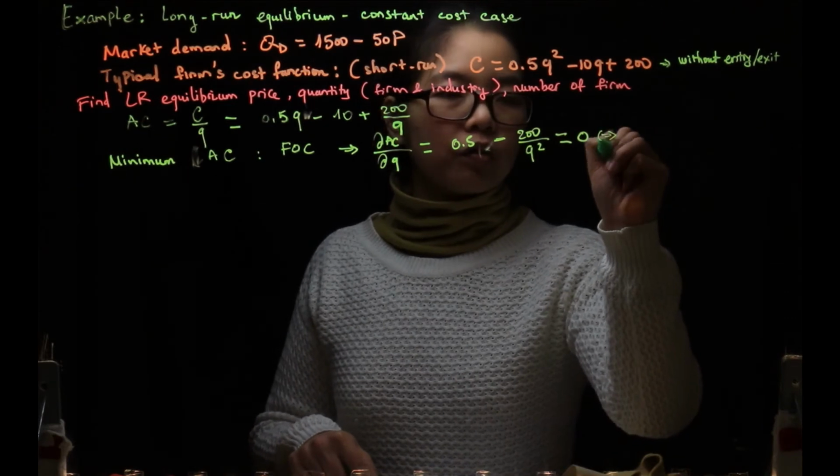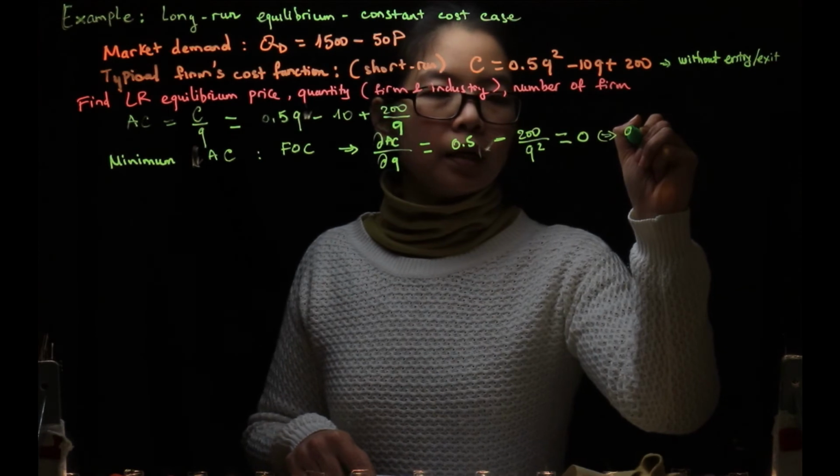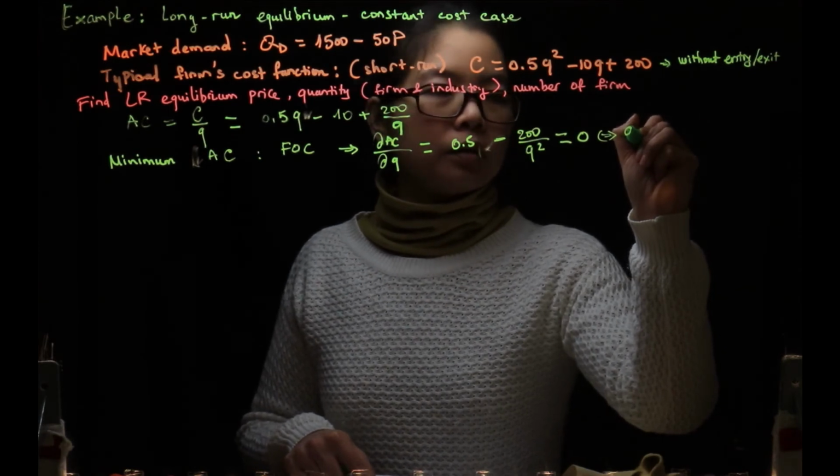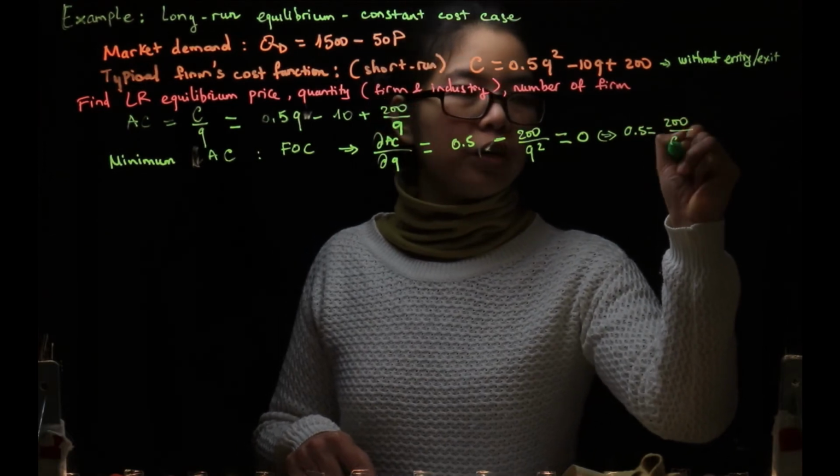We could solve for this condition, meaning 0.5 equals 200 over Q squared,